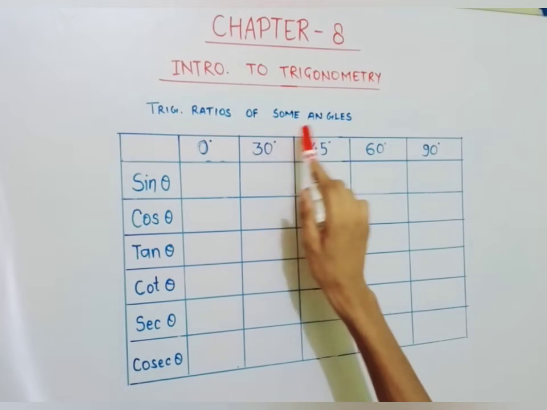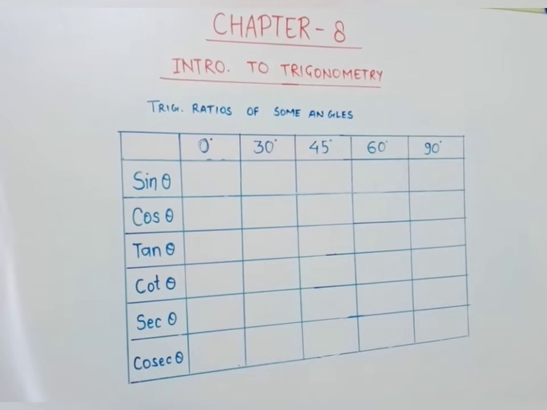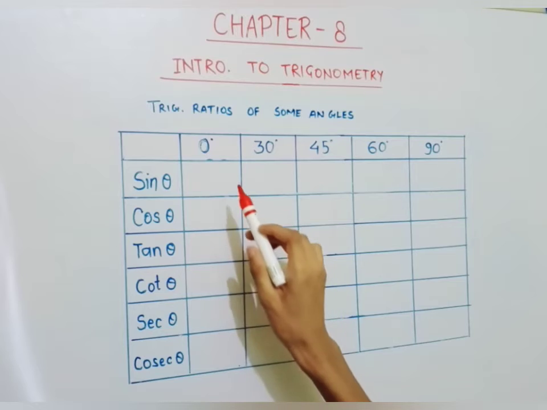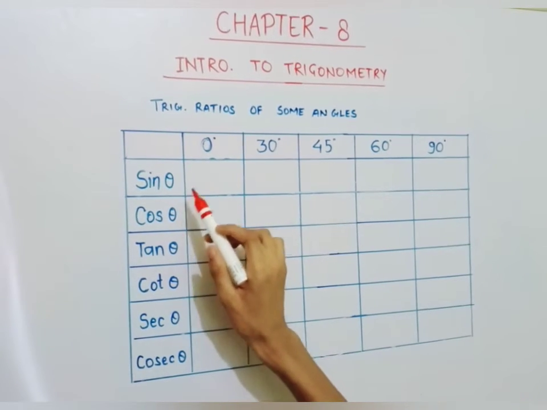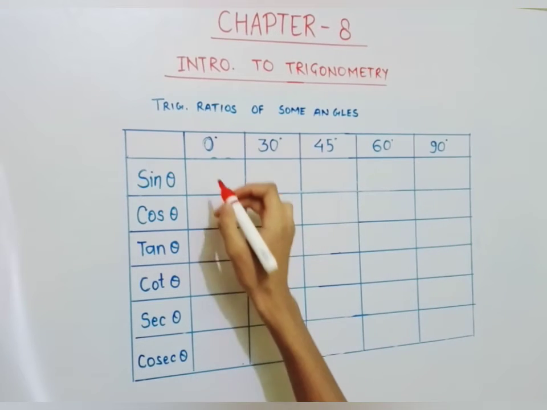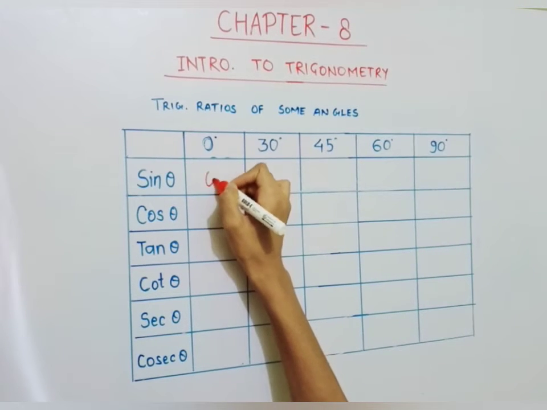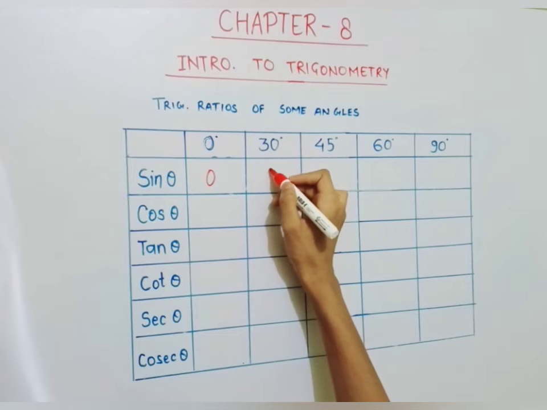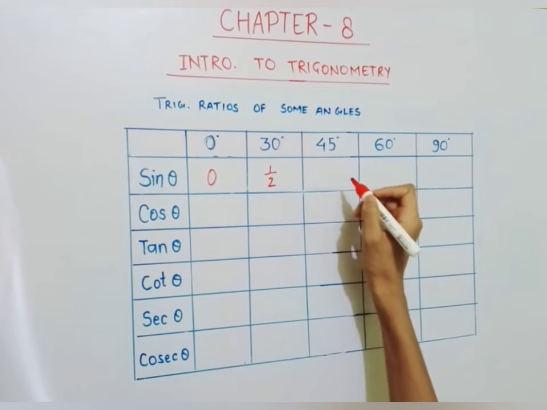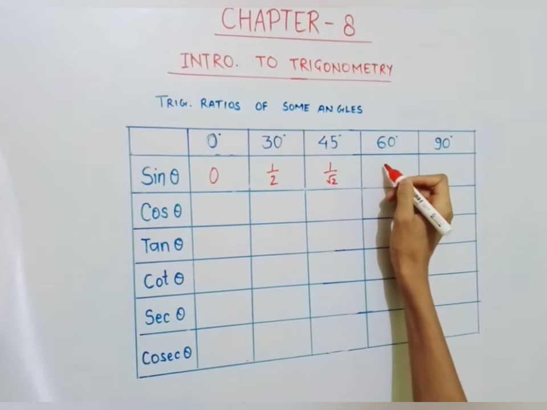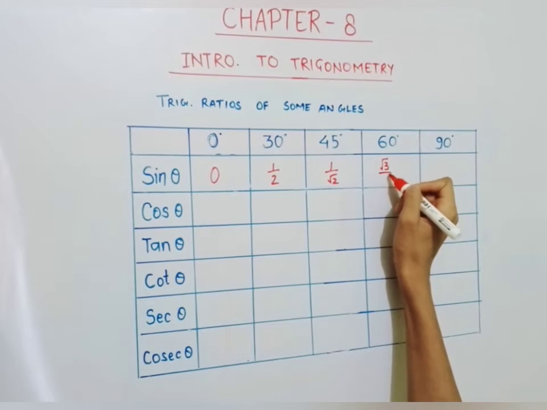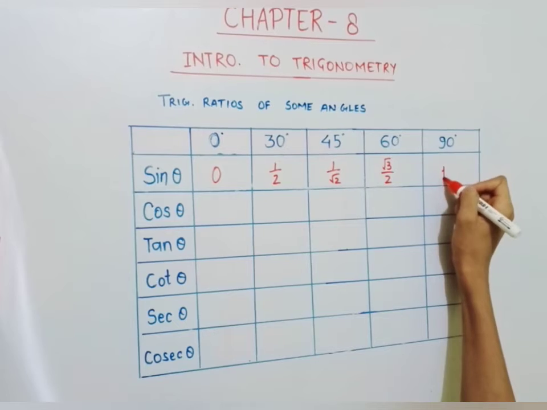Now trigonometric ratios of some specific angles. We will take the angles 0 degree, 30 degree, 45 degree, 60 degree and 90 degree. We will take theta as these values. Now sin 0 degree will be 0, sin 30 degree will be 1 by 2, sin 45 degree will be 1 by root 2, sin 60 degree will be root 3 by 2, sin 90 degree will be 1, and